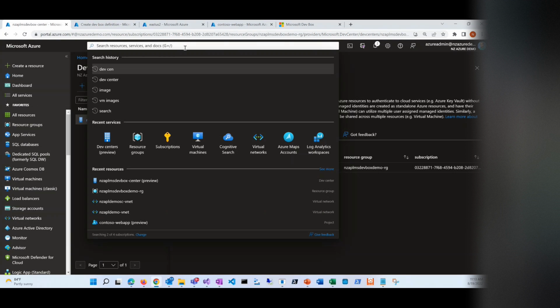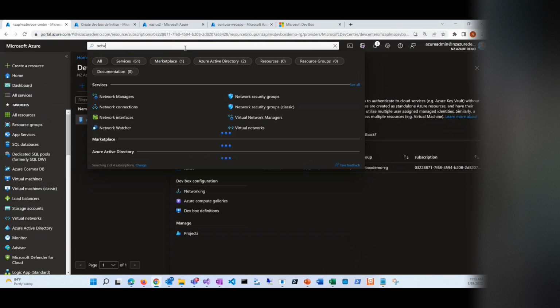So let's say there is a VNet that is connected to your on-prem. That's how you're going to access on-prem resources and services while you are developing this application, because most of the time applications are not developed in a vacuum. Okay, so they need connectivity to resources, and that's how you're going to do it. So that's where the second piece is, network